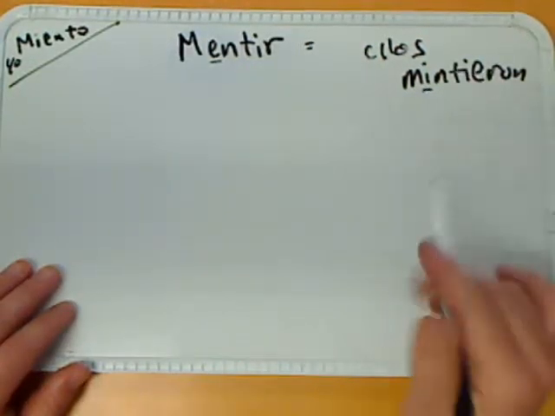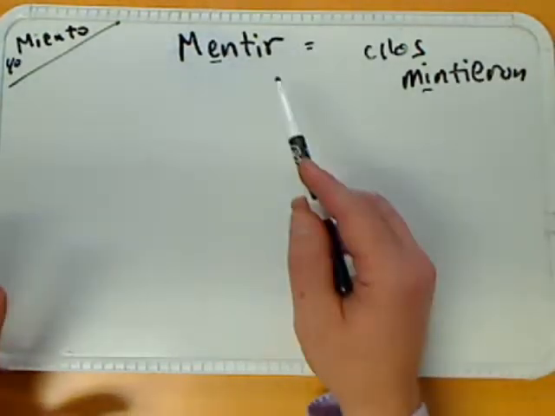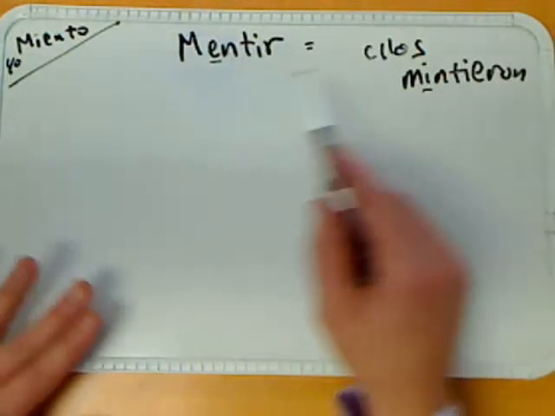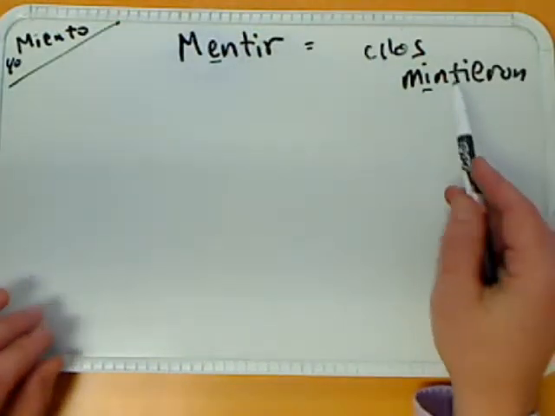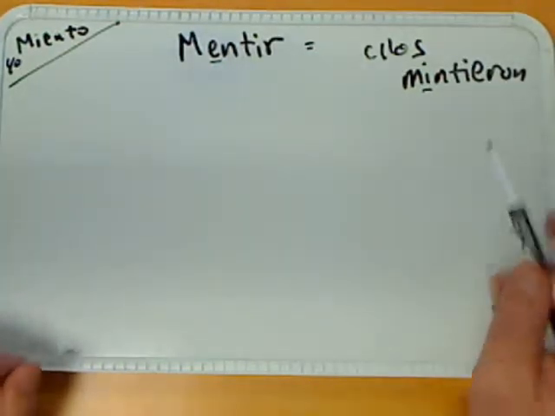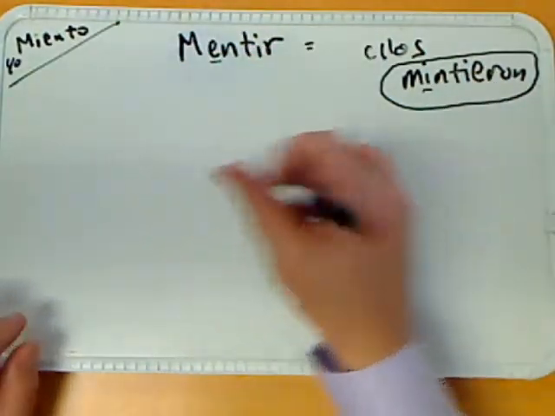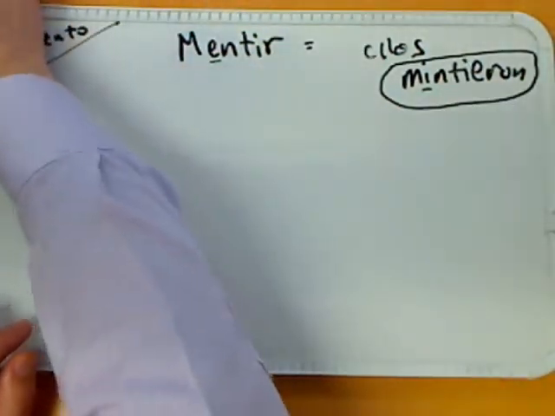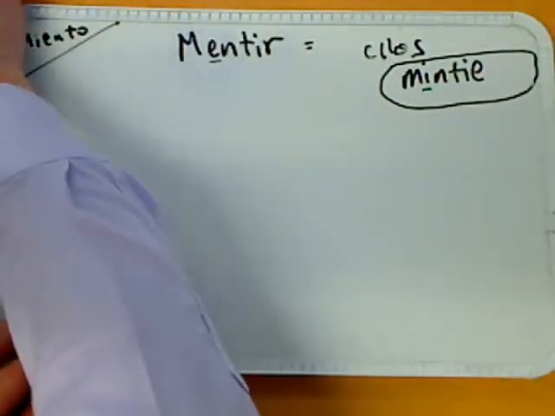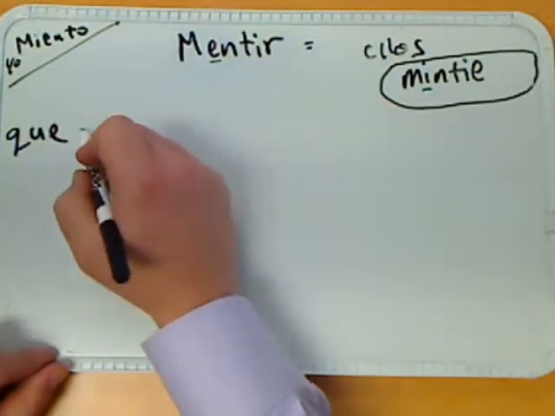Okay, and again, there's your stem change. That E turned into an I because it is an IR boot verb in the present tense. And boot verbs, IRs in the present tense, do this in the preterite conjugation. The ellos, that E turns into an I. Ellos mintieron. Okay? We need to know that because this is what we use to create the imperfect subjunctive. Once we know this, we can then say goodbye to Ron, as we've learned in our other videos, and we have now our stem to create the imperfect subjunctive of mentir,